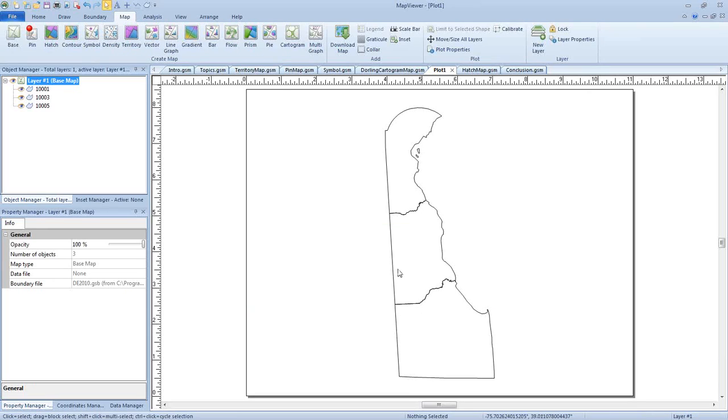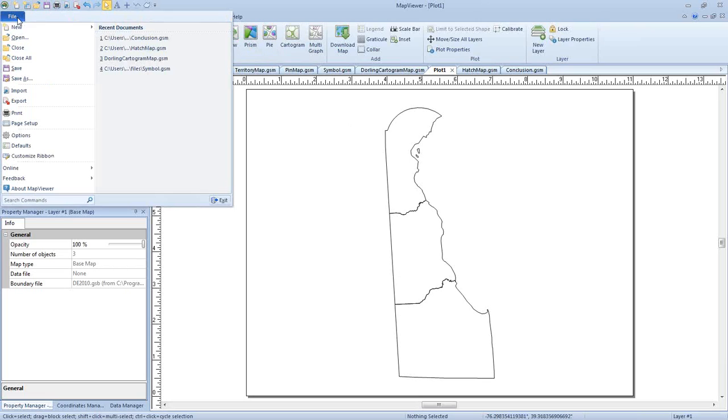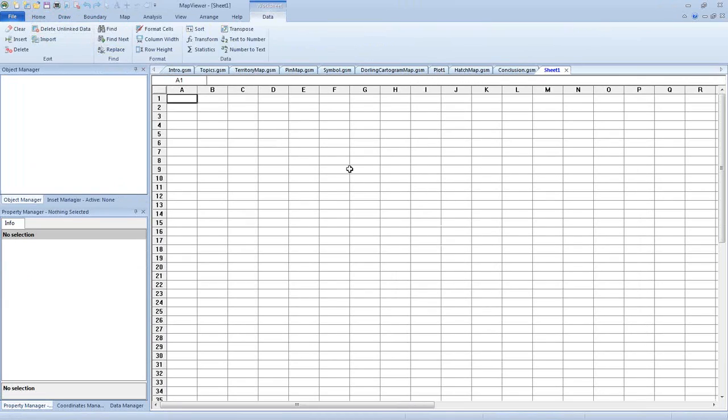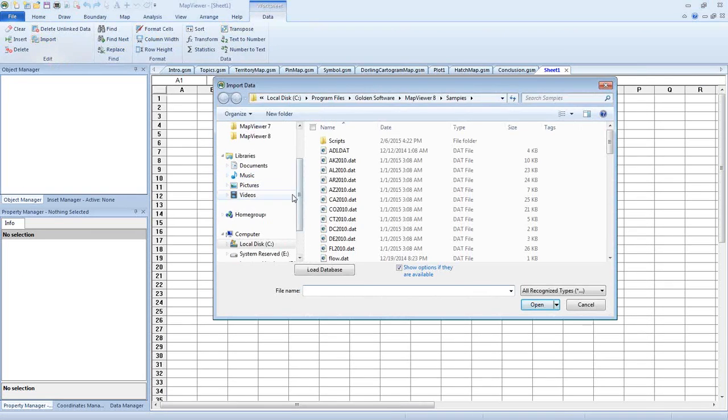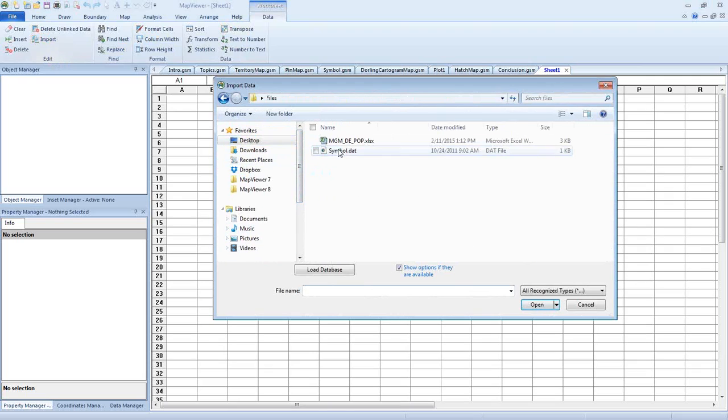So now is the time when we can import our data. So we're going to click File, New, Worksheet, or alternatively you can click this second icon on the Quick Access toolbar to create or to open a new worksheet. And now in the Data tab, in the Edit section, I'm going to click Import. So I'm going to go ahead and go to my directory here, and I'm going to select my data file